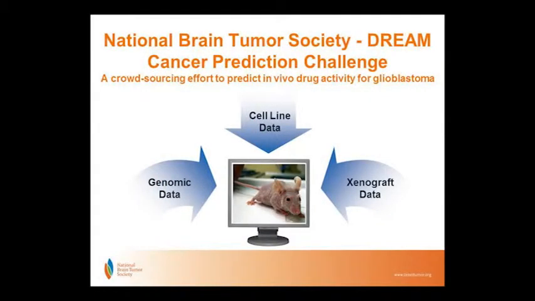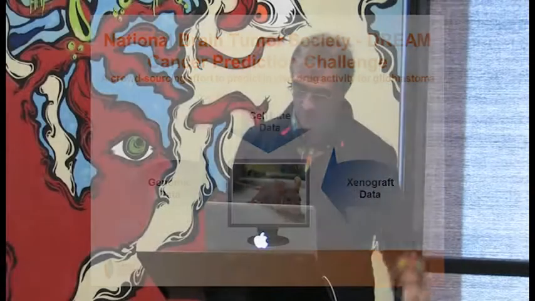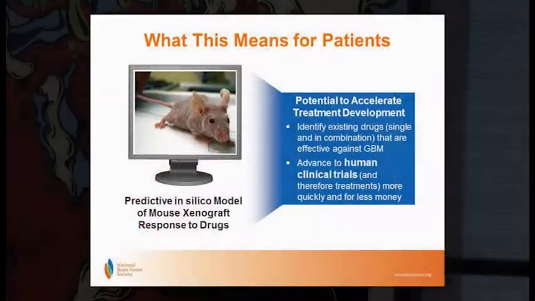And then the Broad Institute has basically made available all of their data on the glioblastoma lines across. So we'll have a combination of the data in vitro, and we'll have the data from the patients. It's a two-phase project: the goal is to see who has predictive in silico models, and then to use those models in the second phase to see if people can computationally predict combination therapy.